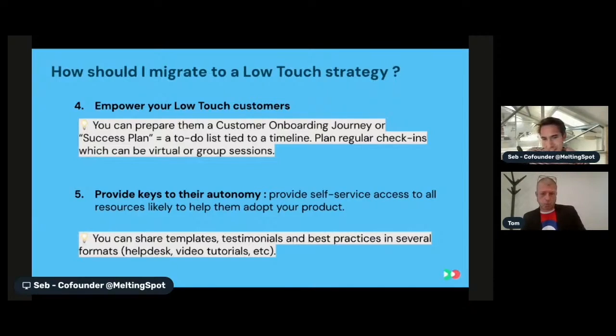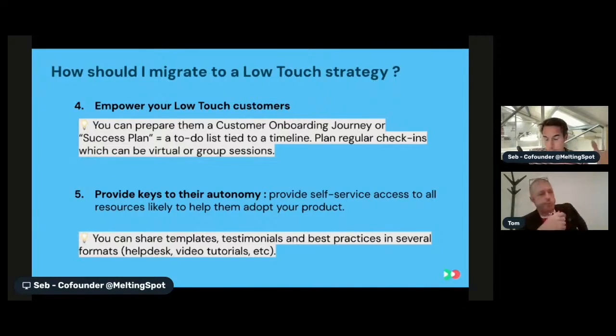And also, when we say empower your customers, give them enough autonomy. If they want to nurture themselves at their own pace, if they want to educate themselves, if they want to learn about your product quicker than the guy next door, give them enough self-service power to access your resources.